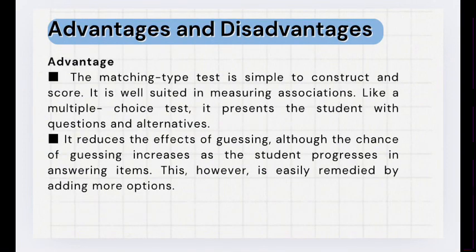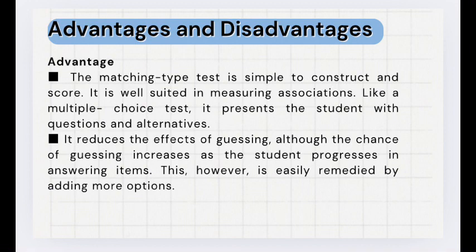So let's move on to the advantages and disadvantages of matching type. First is the advantage. The matching type test is simple to construct and score. It is well suited to measuring associations, like a multiple choice test. It presents the student with questions and alternatives. It means that matching type is a test that offers a simple and efficient way to assess a student's ability to